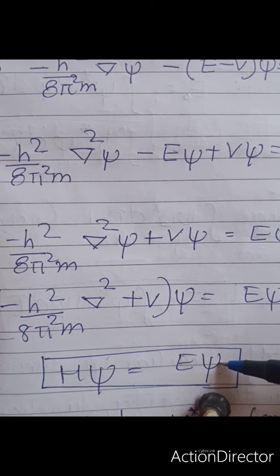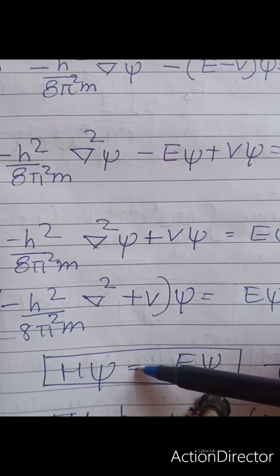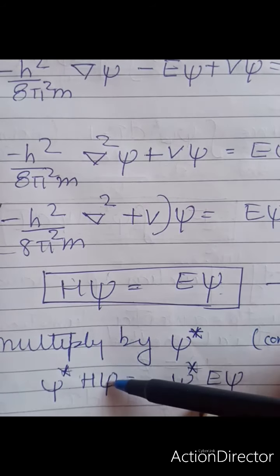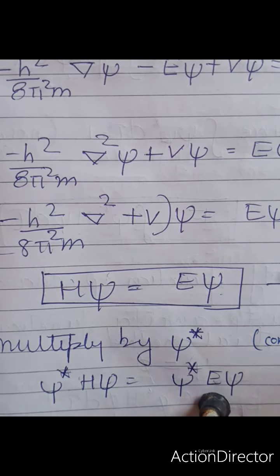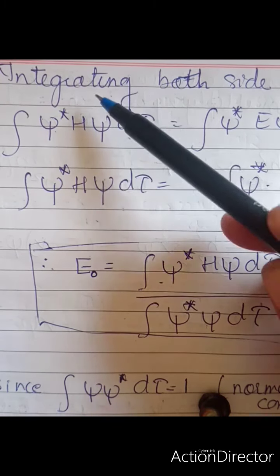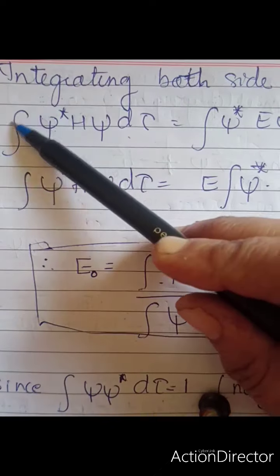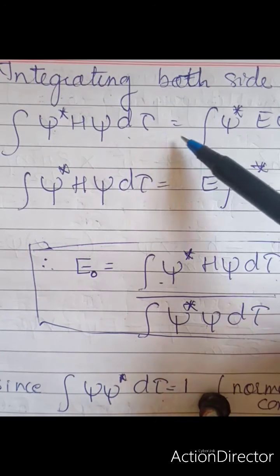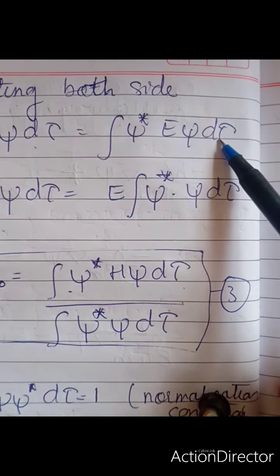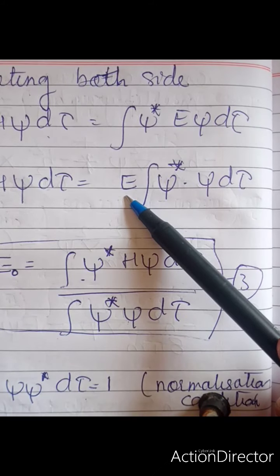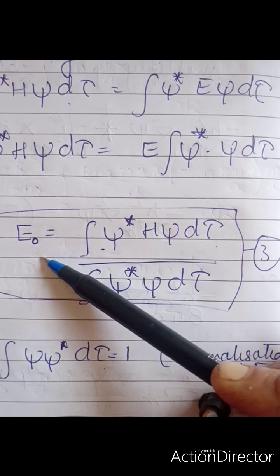Now what we will be doing is multiplying this equation by the complex conjugate of psi, that is psi star. We will get psi star H psi is equal to psi star E psi. The above equation you will be integrating on both sides. So it will be the integration of psi star H psi d tau is equal to the integration of psi star E psi d tau. E is a constant that you will take outside, and from that you can find out